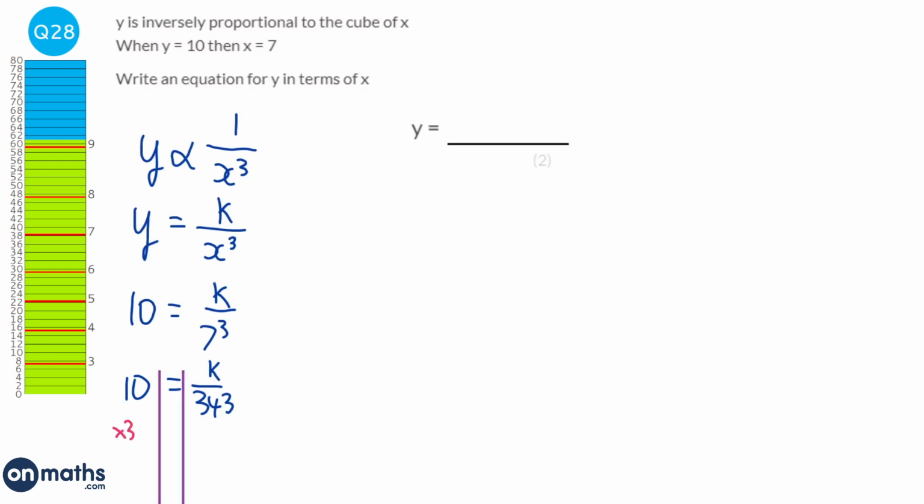So times by 343 both sides to find out what k is. And I'm just going to swap them around just to give myself a bit more space. And we're going to have k on the left hand side here. So that would be 3,430. So k is